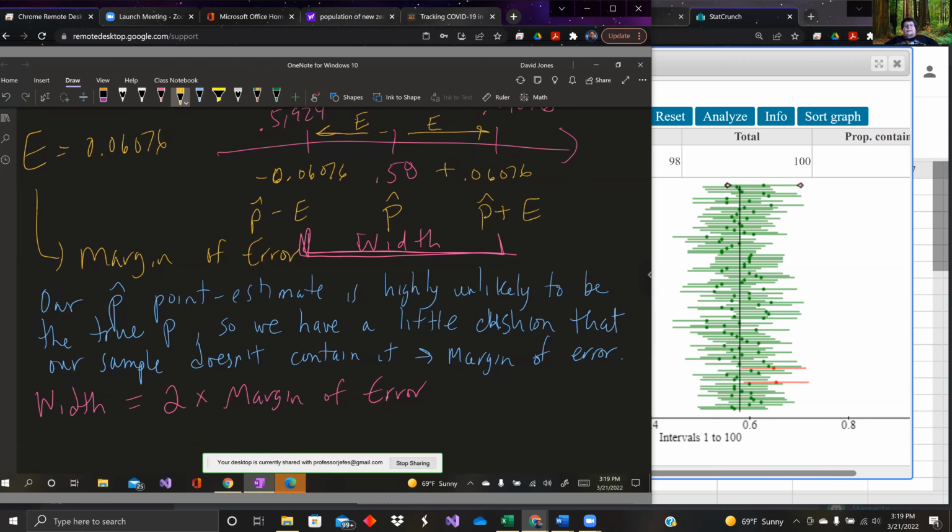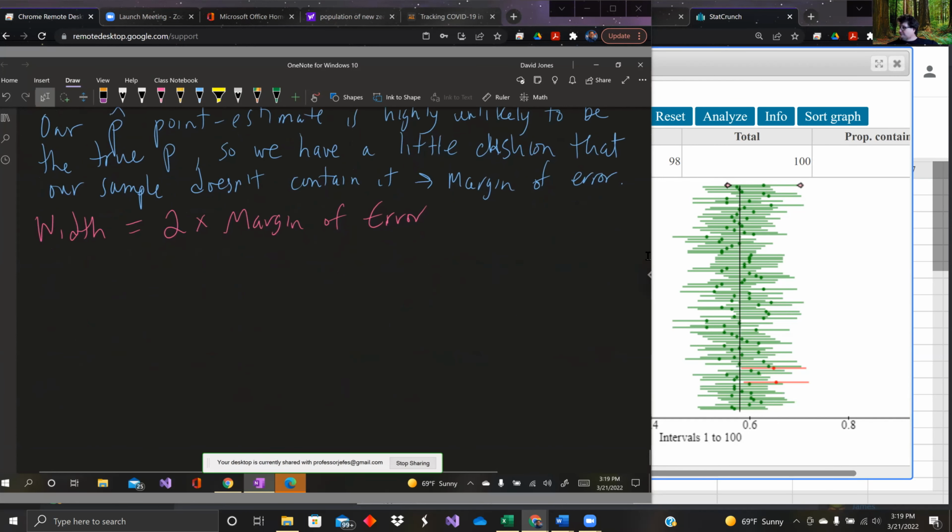How many of you want to do this by hand? Anybody want to keep doing this by hand? Who thinks calculating this by hand sucks? If you're not ready for me to go on and show the StatCrunch approach, let me know. But it's important you know what all this means so that when you get results from StatCrunch, you know what we're talking about, right? As I hear no complaints, I will move on.